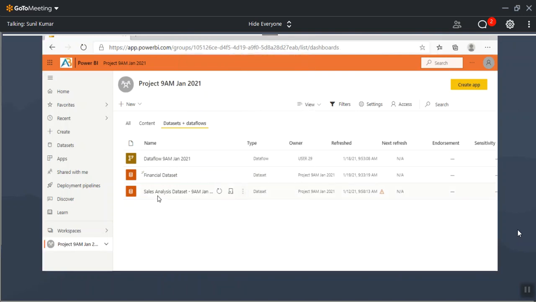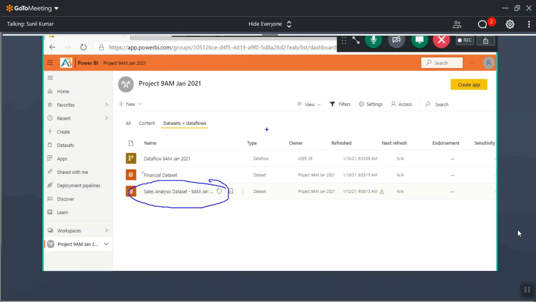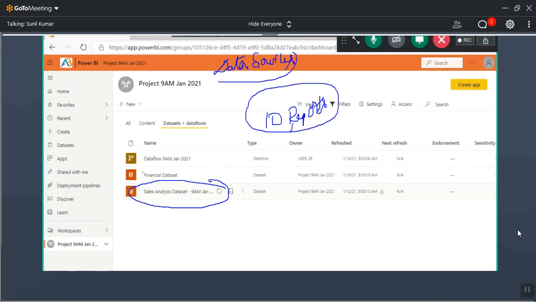Important, guys. Let's understand. So I prepared a data set. I published it. At the time of preparing this data set, the roadmap is 10 reports. My client gave some data sources. Using the data sources, my client asked me to create 10 reports initially. To create the 10 reports, I created a data set, and I created 10 reports on top of it. Later on, my client is asking to create 2 more reports along with the 10 reports.